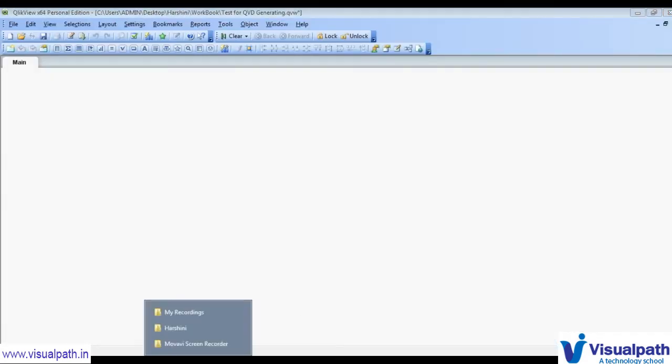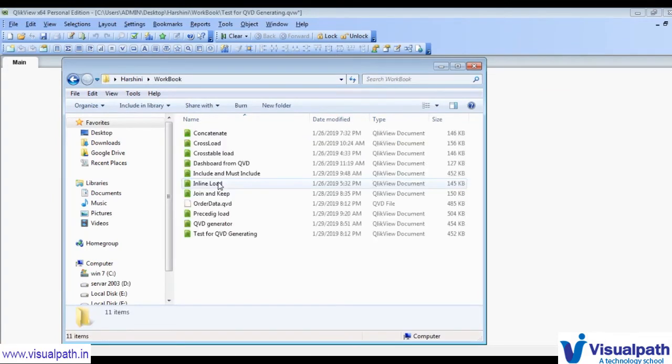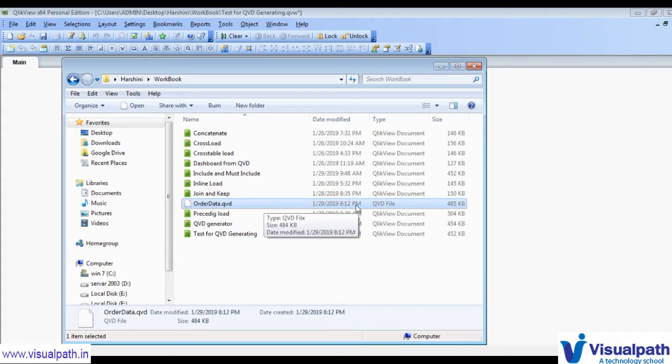If I go to the workbook folder, this QVD is generated at the exact time. So by the application we used a function to convert the Excel data to QVD data, and that QVD data has been stored here.